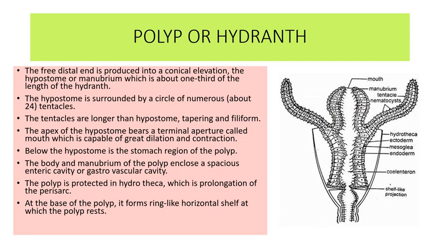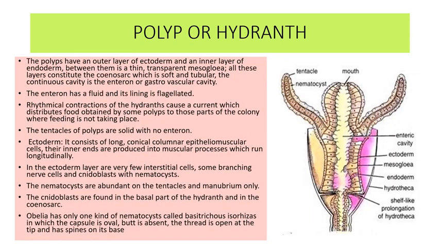The polyp is protected in the hydrotheca, which is a prolongation of the perisarc. At the base of the polyp, it forms a ring-like horizontal shelf on which the polyp rests. The tentacles are solid, having a large number of nematocysts. The polyps have an outer layer, the ectoderm, and an inner layer, the endoderm. Between these two, a transparent mesoglea is present. The enteron has fluid and its lining is flattened,